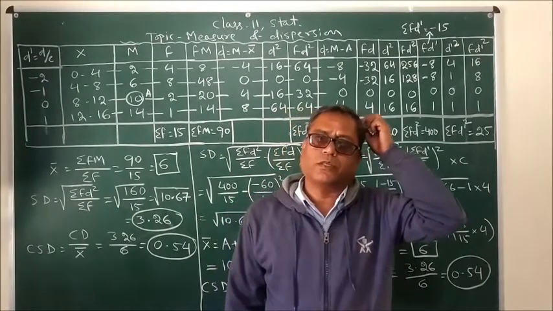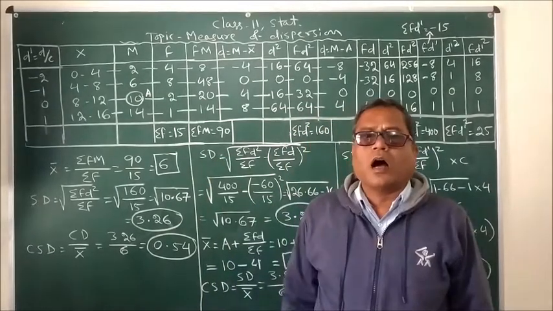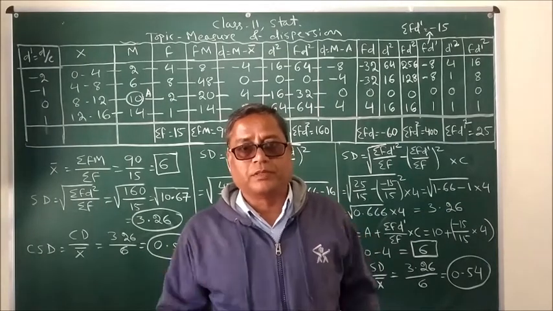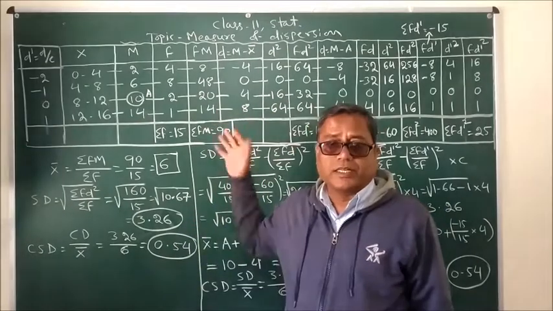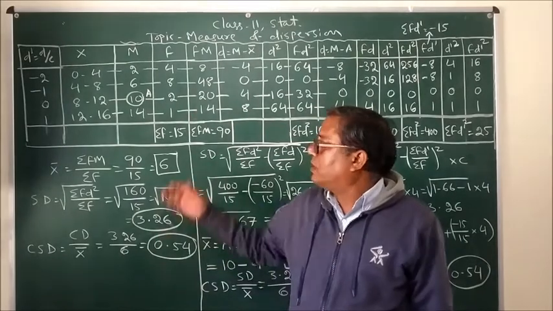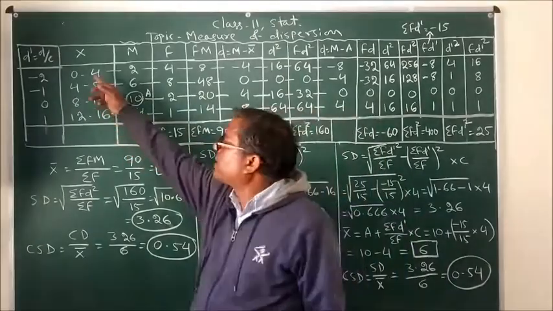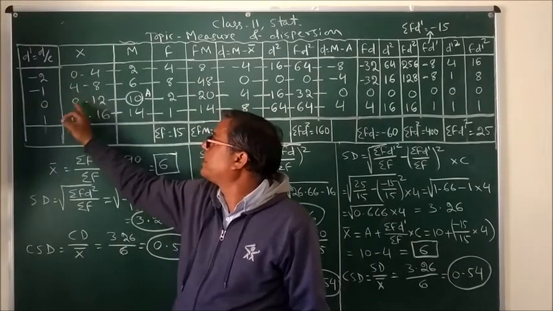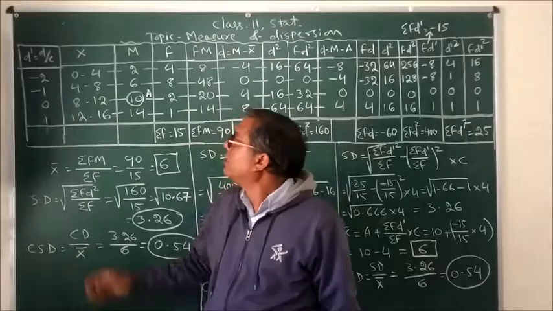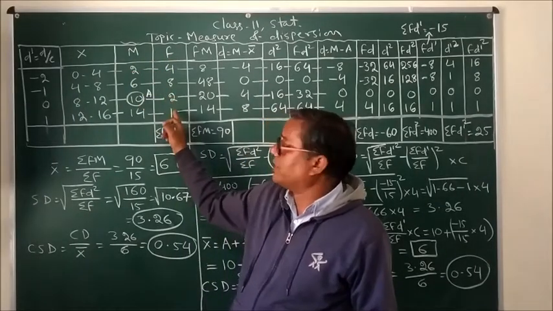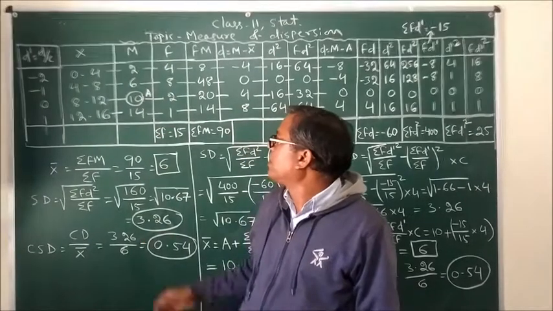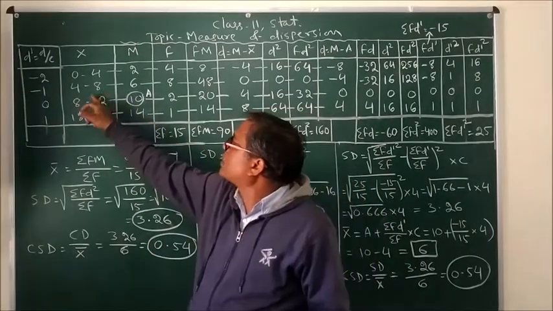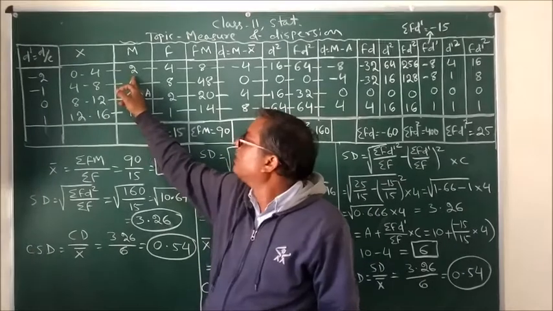And today we are going to discuss how to calculate standard deviation, which is a measure of dispersion in continuous series. So, in this example, we have taken this continuous series. The values range from 0 to 4, 4 to 8, 8 to 12 and 12 to 16, with their respective frequencies. As you know, in order to calculate standard deviation, we need to first find the midpoint, and after